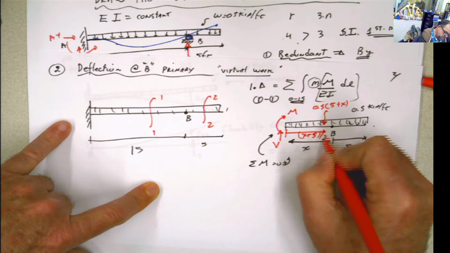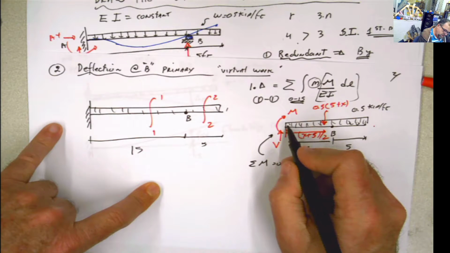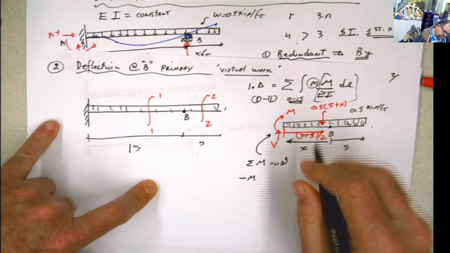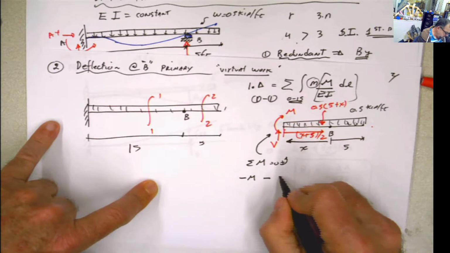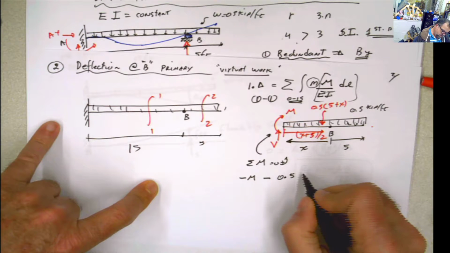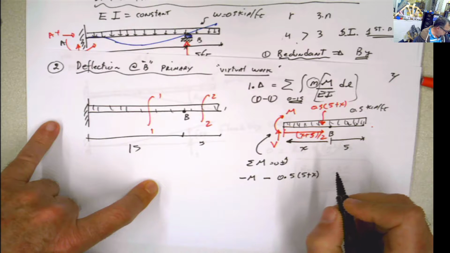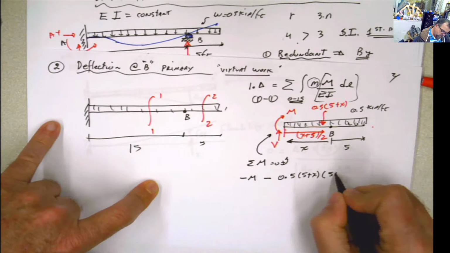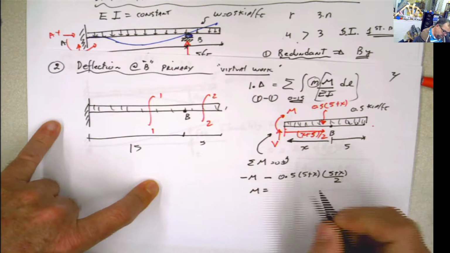divided by 2. So once you have that, you can basically do summation of moments here, and if we do summation of moments there equals 0, then you have negative m minus this 0.5 times 5 plus x multiplied by the distance, and the distance is 5 plus x, or x plus 5, it's the same, divided by 2. So m is going to be equal to,